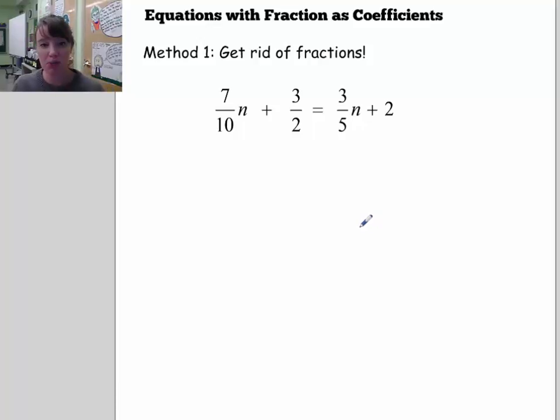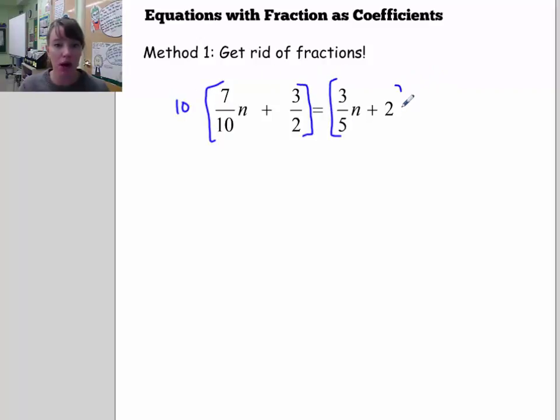So I want to strategically pick a number that I can multiply both sides by that will eliminate all the fractions, okay? And I can see now that 10 is a multiple of 10, 2, and 5. So if I multiply both sides of the equation by 10,